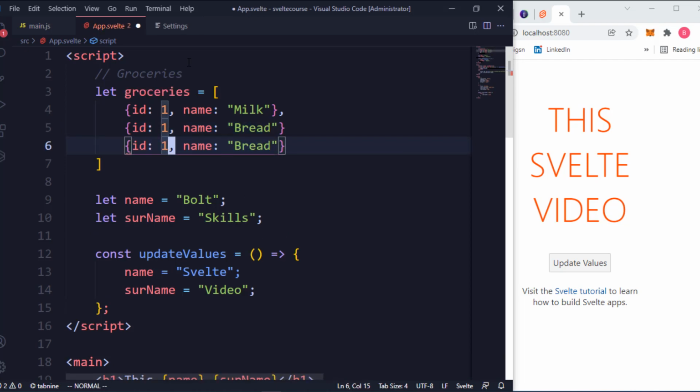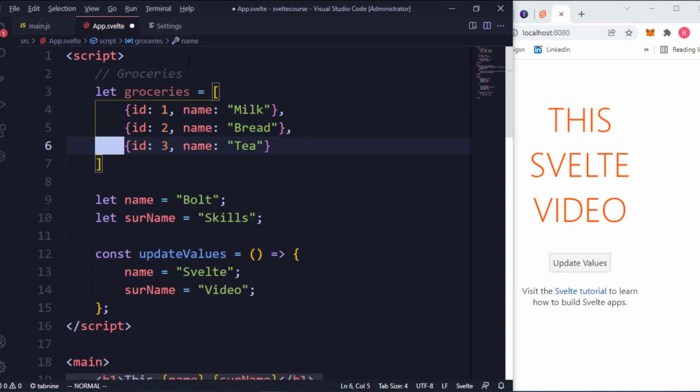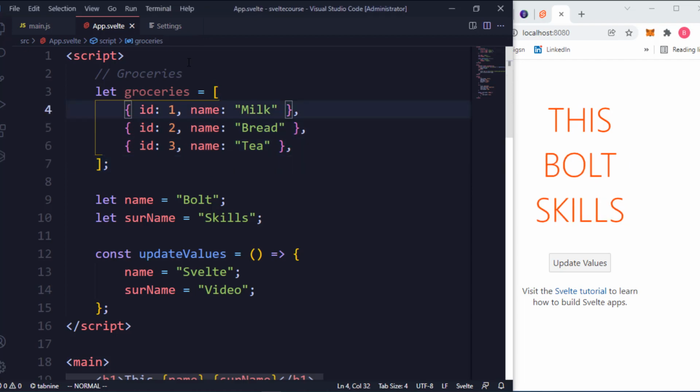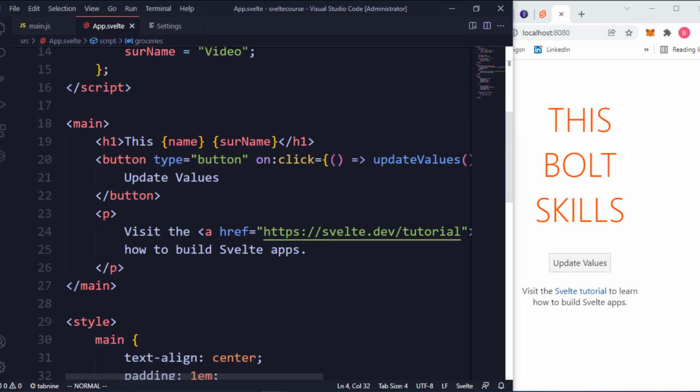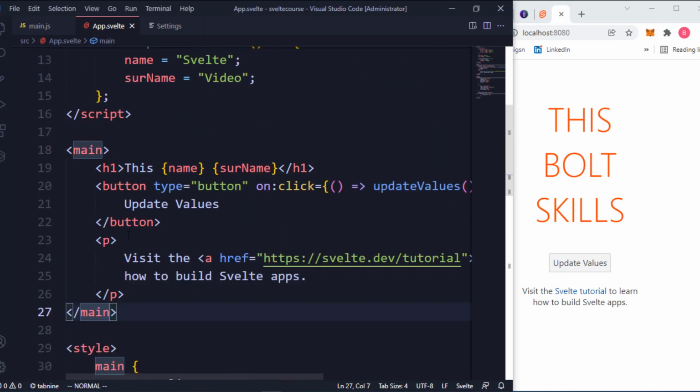The third one can be, let me just increase the numbers and make sure I set up everything perfectly. So the third one, we have milk bread. We usually use tea. And the fourth one is, okay, let's just leave the first one, and we're going to use events to add that to this. I'm sure you are familiar. This has to do with loops. In order for us to display this on our browser here, which is very simple, we're just going to come